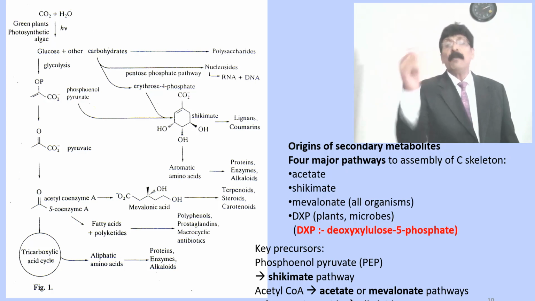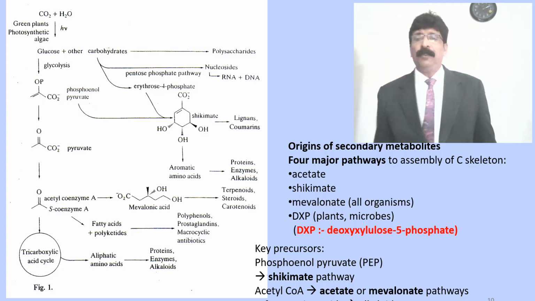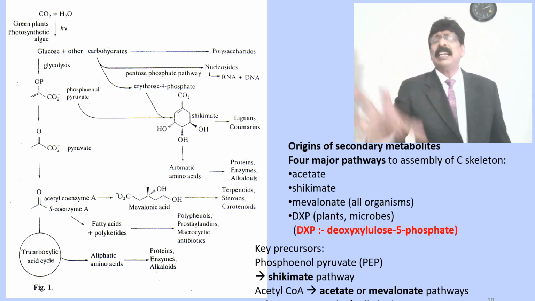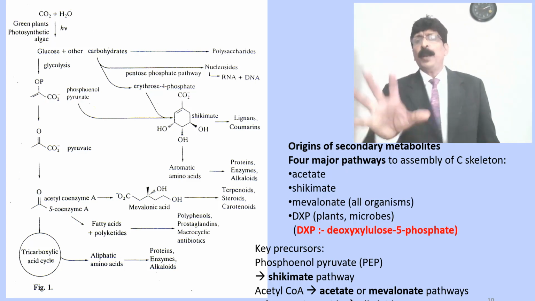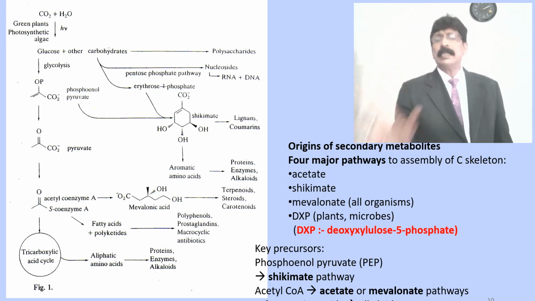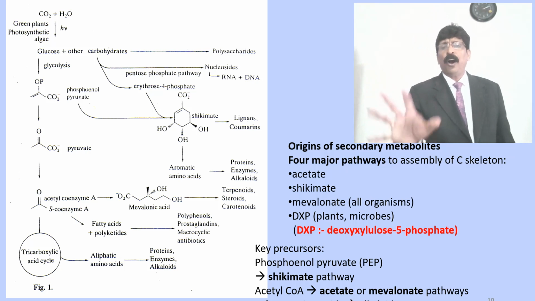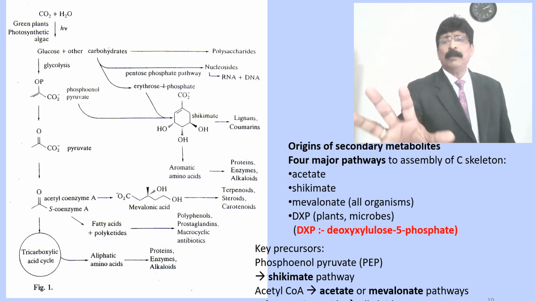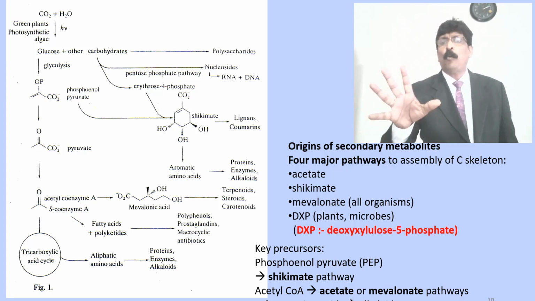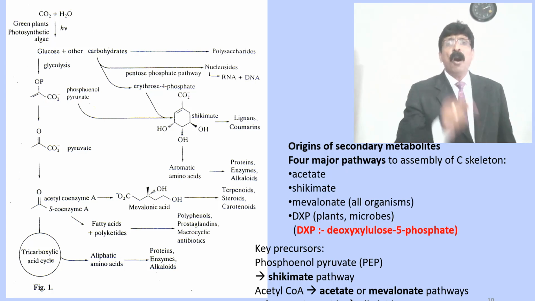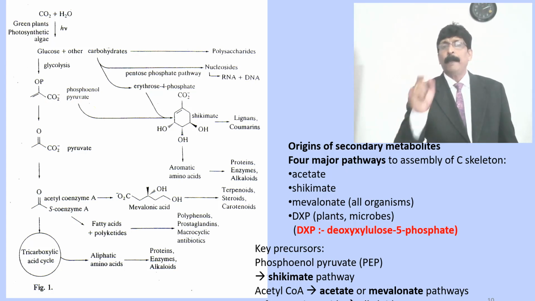Nitrogen from amino acids can be added and can give alkaloids. So this is just a short form from the picture which I made to give an idea. Alkaloids can be formed, phenols can be formed, carotenoids can be formed, proteins can be formed, lignans can be formed, coumarins can be formed, all from the basic